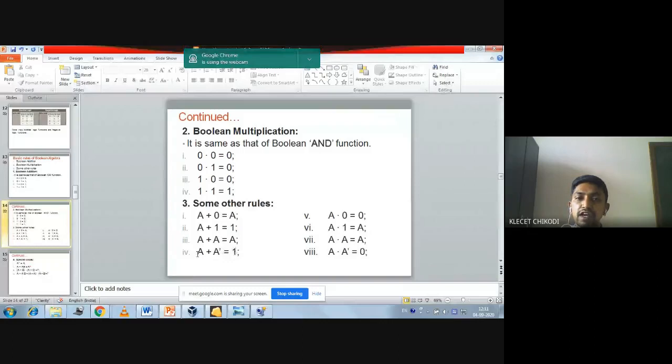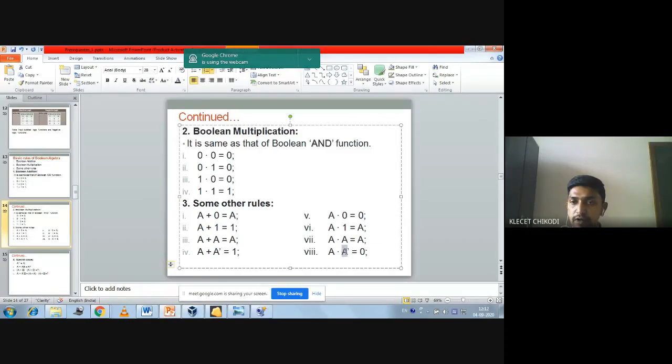The meaning of that is any input variable plus its complement is always 1. And similarly, the multiplication of an input variable and its complement is always 0. So these are some basic rules you should remember. Better you note it down, all of you. Fine. I will share this PPT once the PPT presentation is over for these prerequisites. Till then, better you note it down, all of you.